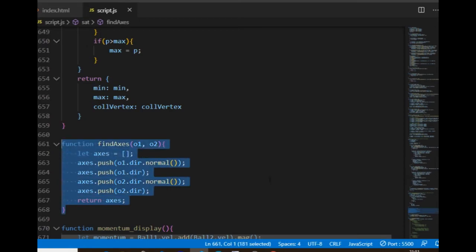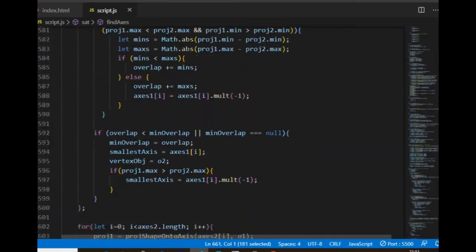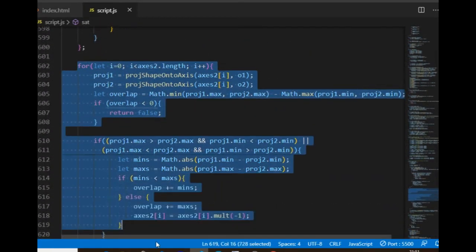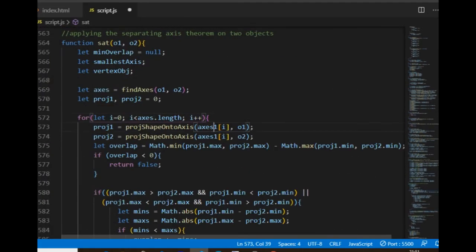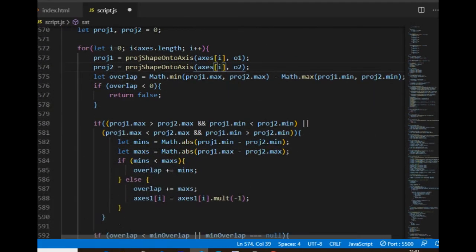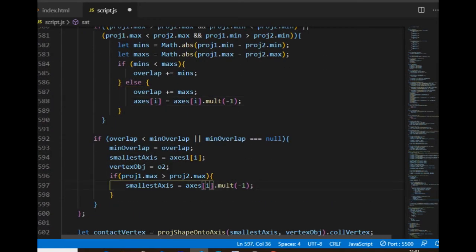So this is how the function looks, and then I can delete one of the iterations so that I will have just one, and I need to rewrite the variable names. Instead of axes 1 and 2, I will have only axes. And the two iterations looked exactly the same except for this part.